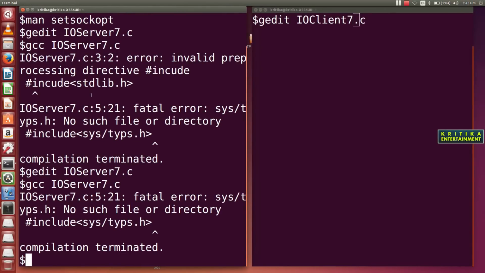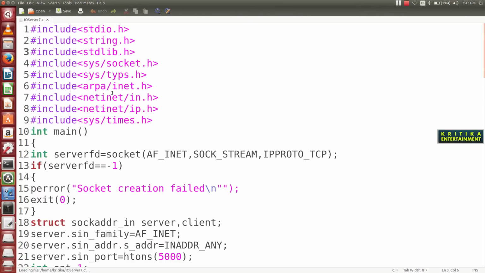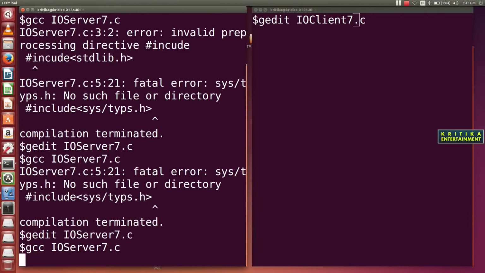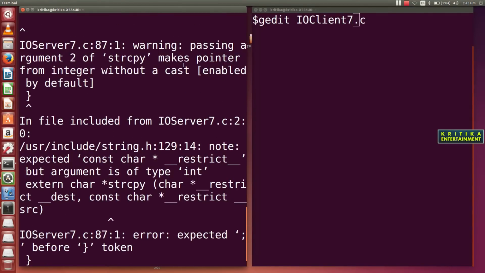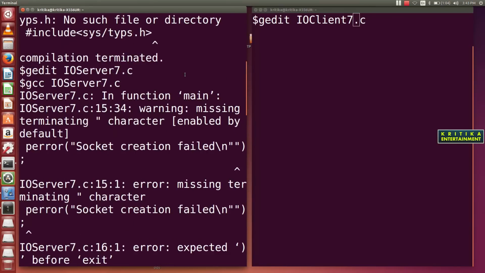Then some error, only there are sys/types. So sys/types.h. Then close it. Then it will find the number of errors coming out.